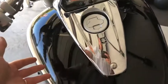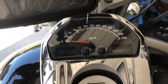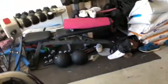The fuel pump would prime itself, the lights would turn on, everything is fine. Oh, she's not looking good now at the moment. So if I try and start this, it's just a constant clicking sound. So let me just switch that off. What it is,